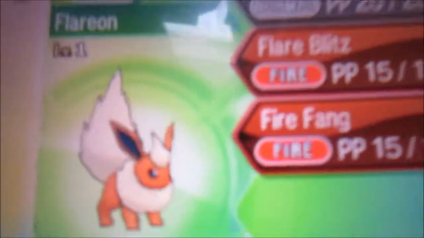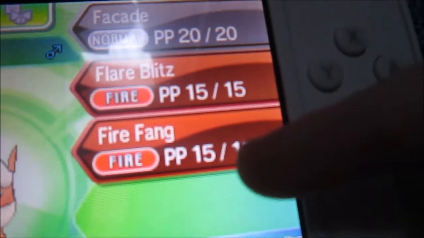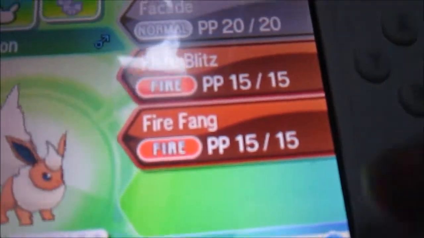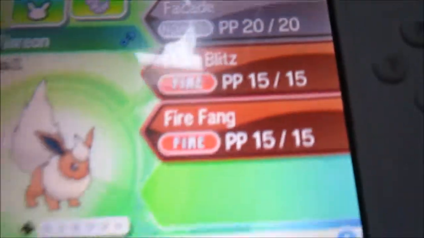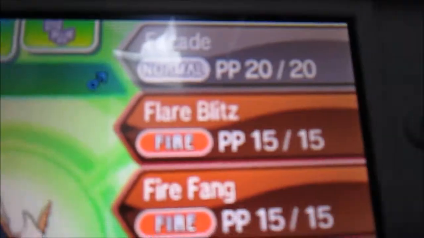I just recommend Flare Blitz and Fire Fang just for if you don't want to take recoil, then you can use Fire Fang. But if you just want to get an opponent out of there, you just use Flare Blitz. If it's a ghost type or something, you can't use Facade. Anyway,